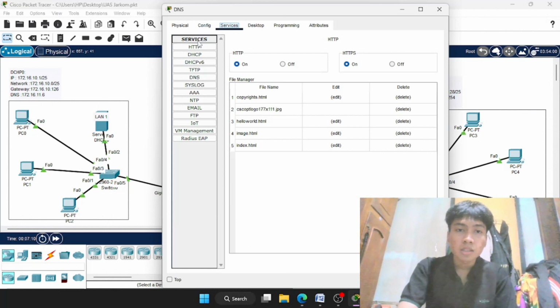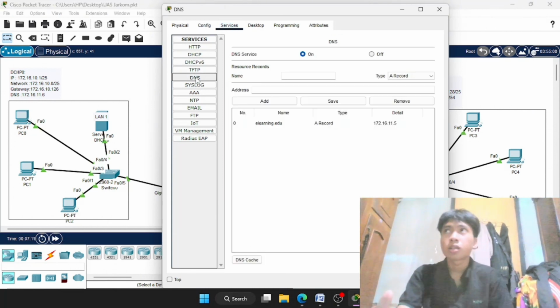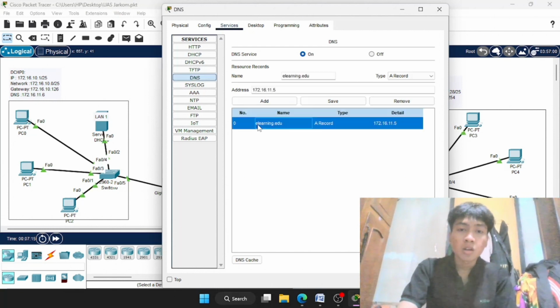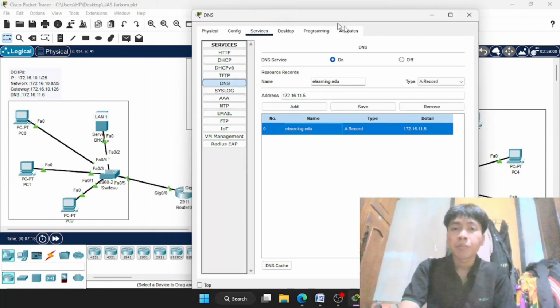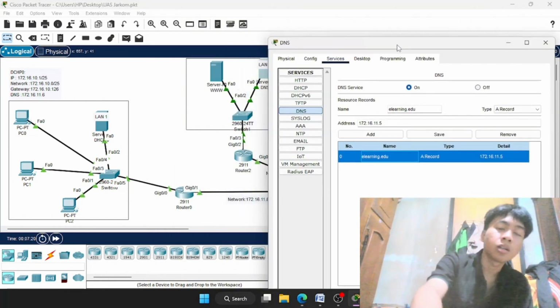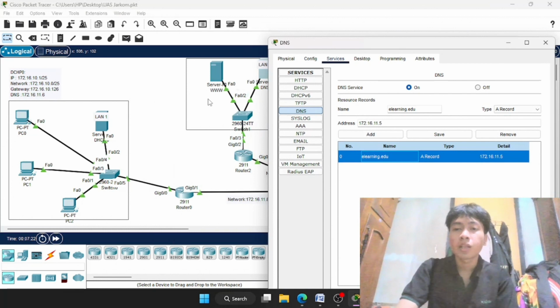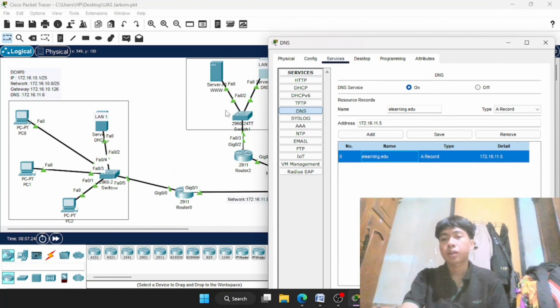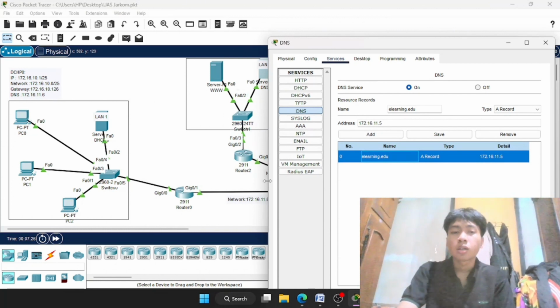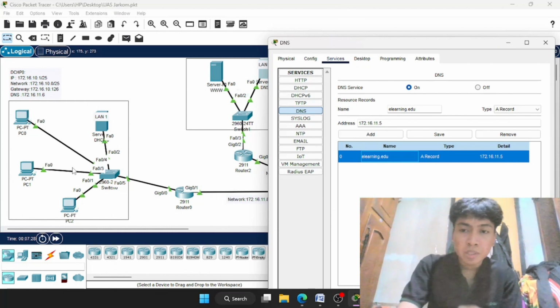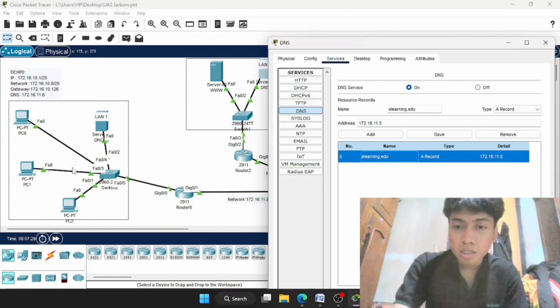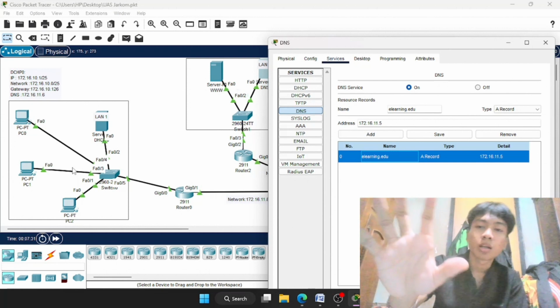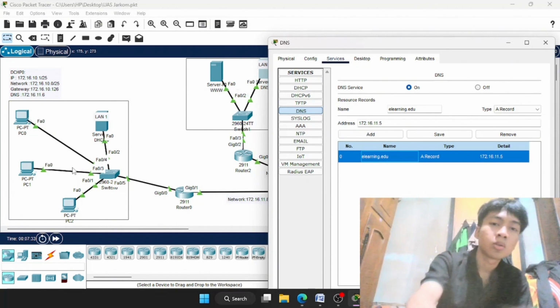In this DNS, we add a feature for elearning.edu with the IP that we set on the www or web server. So the PC will access elearning.edu, and then the PC will connect to the server.